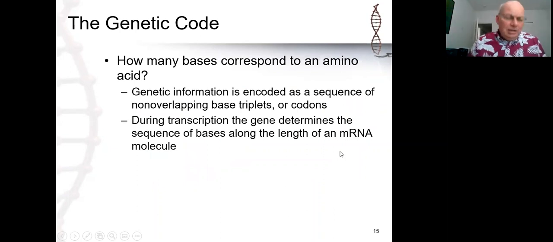So once it is recognized that we have these two languages and that the flow of information is through these two languages, we then have to consider the quote alphabets of the two languages. So the alphabet of nucleotides consists of 4 letters, the 4 nucleotides. Whether we're talking about RNA or whether we're talking about DNA, it's still 4 nucleotides. When we think in terms of amino acids, however, the language consists of 20 letters, the 20 common amino acids that are found in all polypeptides.